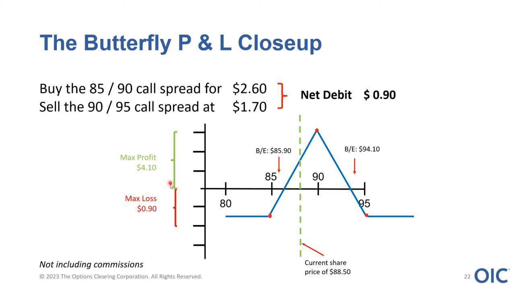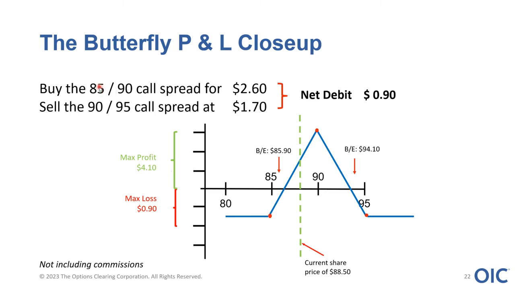So you paid 90 cents for this. Your max loss is 90 cents, up to 85. Your max profit is $4.10. Where does that come from? Well, again, we're talking about the difference in these strikes and how much each one of these spreads can theoretically